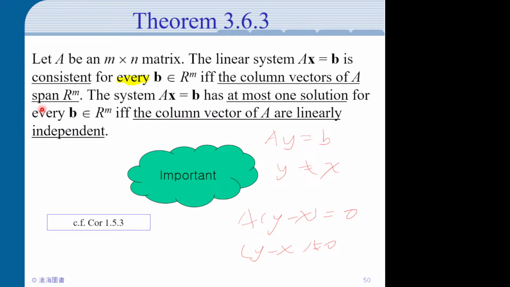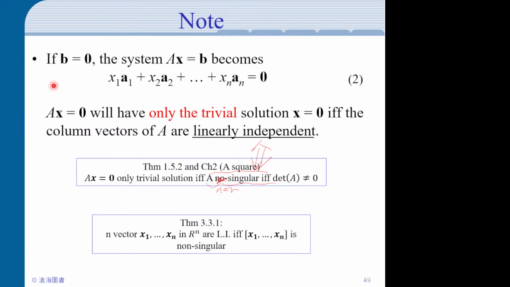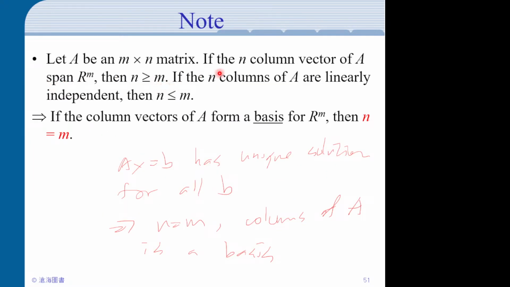So if you span Rm, then n is bigger than m, and if it's linearly independent, then n is less than m. So it's pretty easy to check that if the columns are a basis of Rm, then